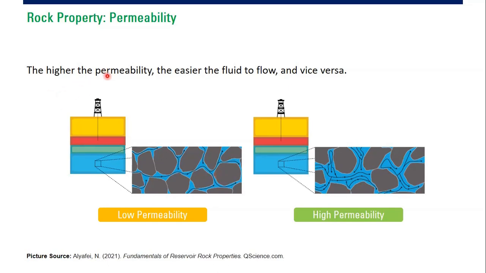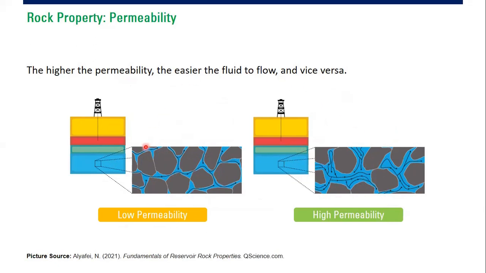The higher the permeability, the easier the fluid flows, and vice versa. Okay, this is to show the low permeability. So you can see the streamline. This shows the low permeability, whereas if we have high permeability, it will be like this one. In this picture, the oil flow rate or the liquid flow rate will be higher compared